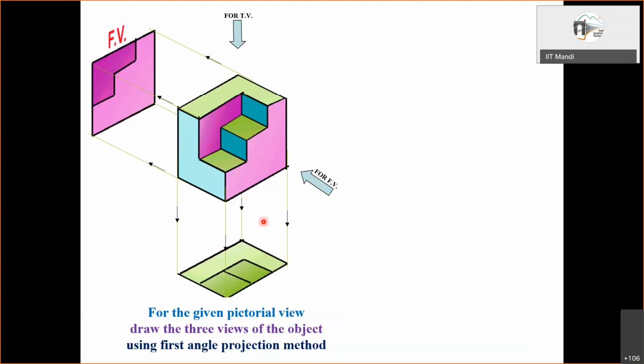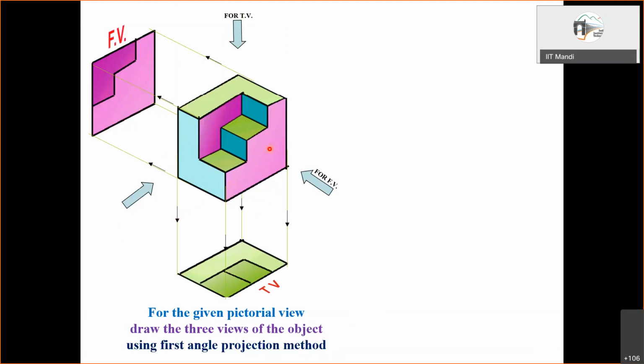Okay. Then the side view, again the same thing. This surface will be completely visible, right? And then this one will be visible, and this one will be visible. Okay. Rest which are perpendicular to the direction of viewing the object will be looking like line.